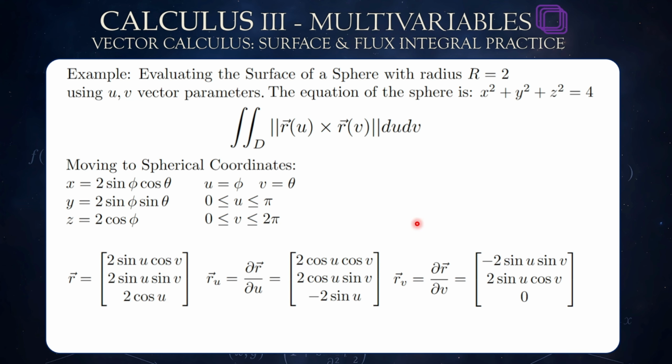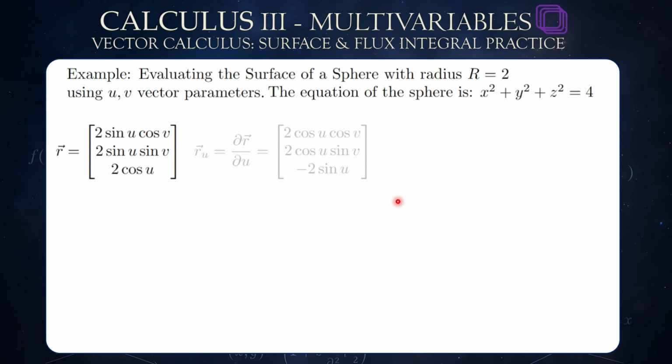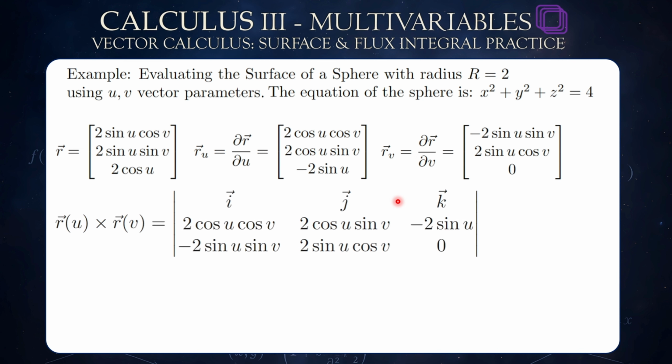We've gotten ru and rv. Now we need to cross them to get the cross product of these two vectors. Okay, so ru cross rv is equal to the determinant with i, j, k. First, place the components of ru, which are 2 cosine u cosine v, 2 cosine u sine v, and minus 2 sine u. Then rv, which are minus 2 sine u sine v, 2 sine u cosine v, and 0. We multiply,